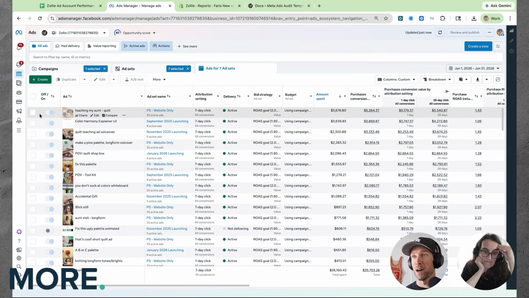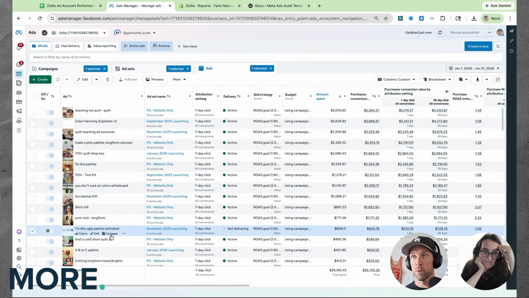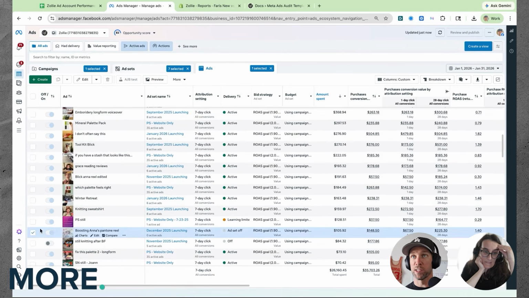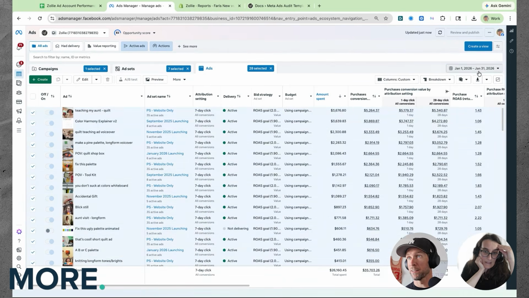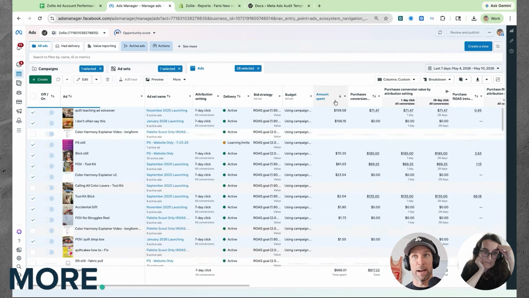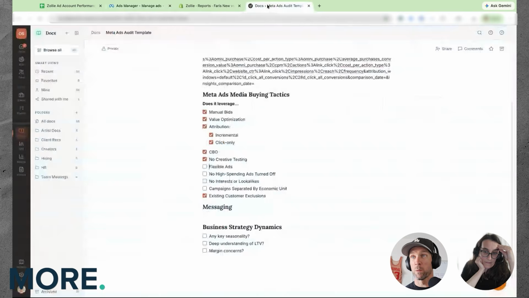And the answer is no. All of these ads, there's something here, which is fine. There's one ad turned off. We don't even need to get into why, but all these ads are still on in the ad account. So if I look at this and I go just like last 7 days, great. Yeah, all the ads are still on. That's great. Okay, you're doing a lot of things the way that I would do them here.